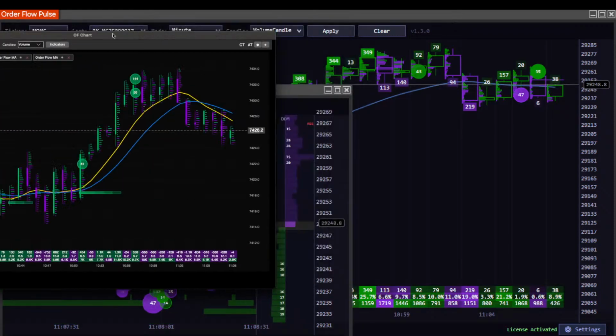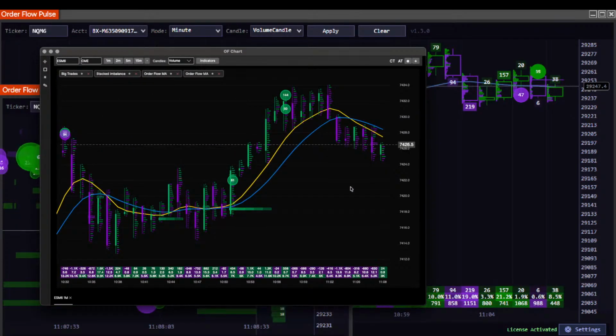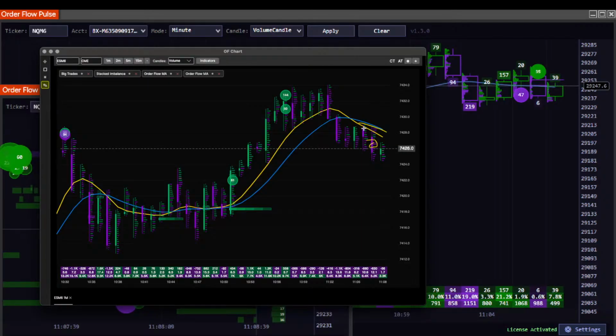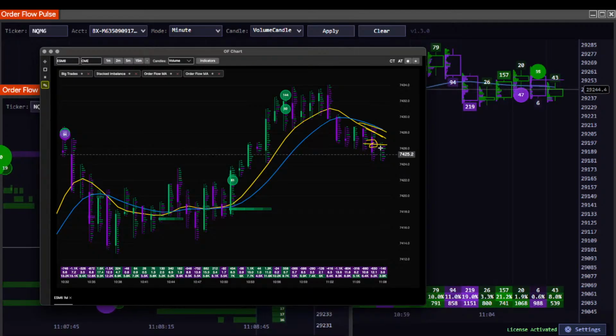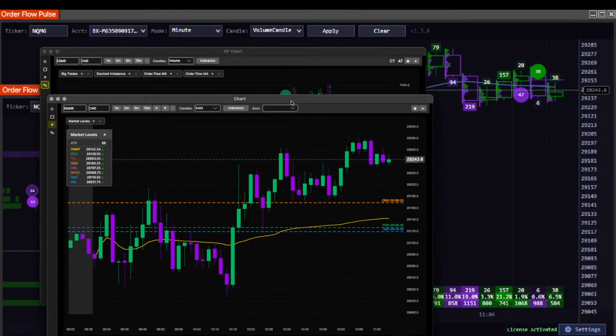See right here, you've got a sell imbalance area. They just got taken away. You had a sell imbalance right here. You got the moving averages that are sloping down, fast and slow. Okay. So yeah, the sell imbalance is right here. So that's, you want to get in. The problem with it is if you look over here,